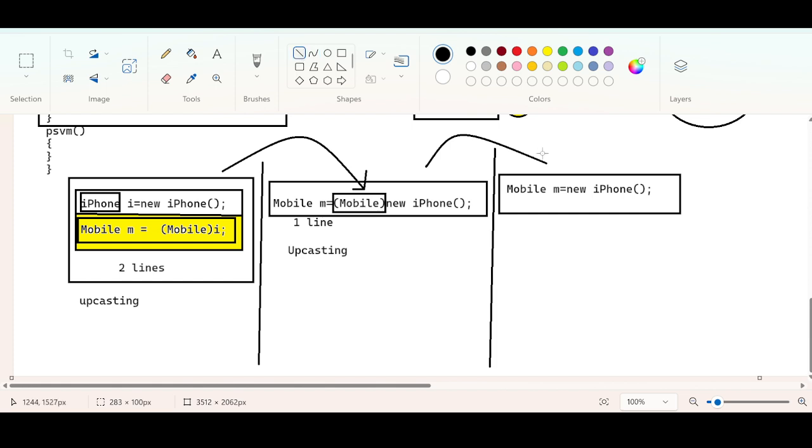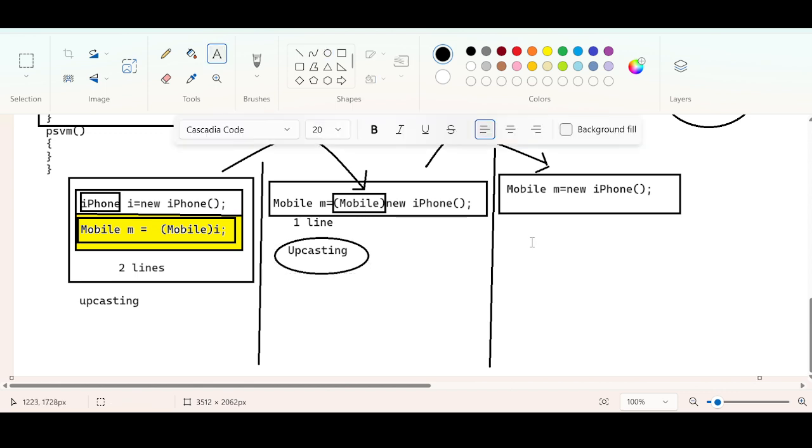These two lines of code, you can understand the topic of upcasting, and this one line is also representing upcasting, and in this line you can eliminate mobile. It is not necessary to keep it, because if you remove it, no problem, internally it is upcasted to mobile only.